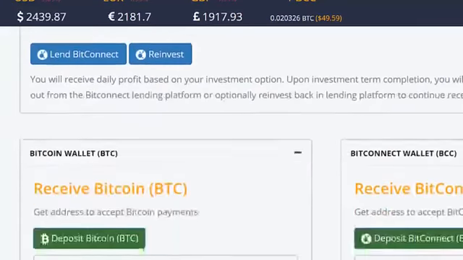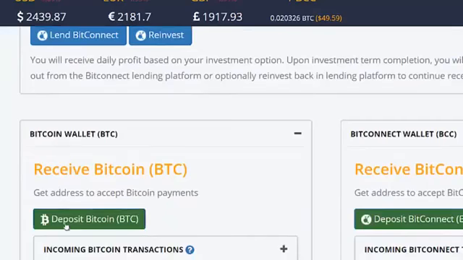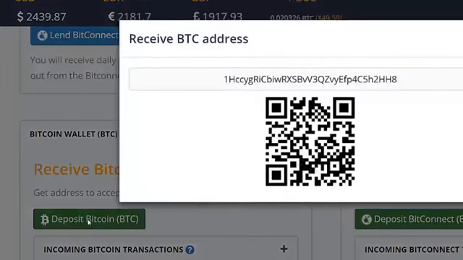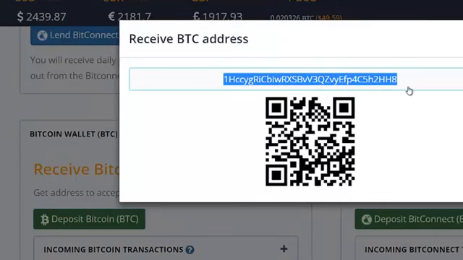All right, so now we're going to scroll down and click where it says deposit BTC. That stands for deposit Bitcoin. We're going to left click here, and now this is going to give us a deposit address. You can also do this with your phone, but I've never done the whole QR code thing. What I always do is simply grab this right here, copy it, and run over to a Bitcoin wallet, and send